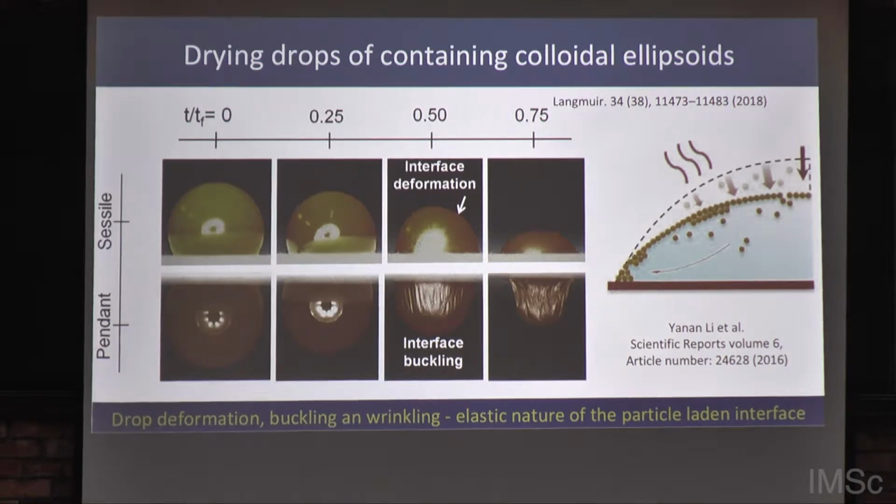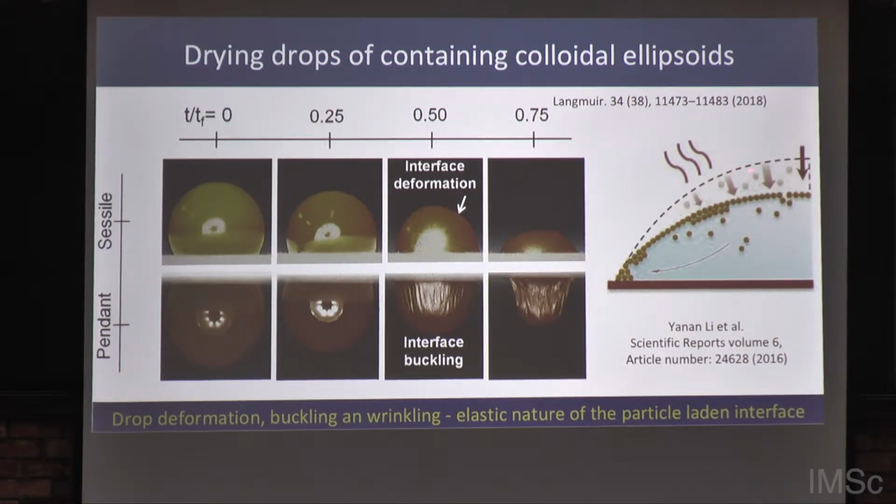This is an indication of the fact that the interface is doing something funny. There are some arguments in the literature that when you have a drying droplet, the drop surface basically descends, and the descending of the drop interface is what leads to the capture of particles at the interface. So the take-home message is that there's a drop deformation and there's a formation